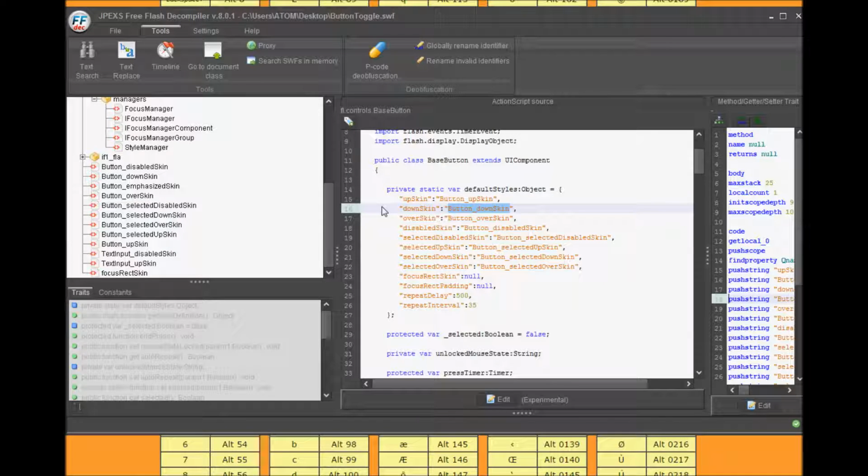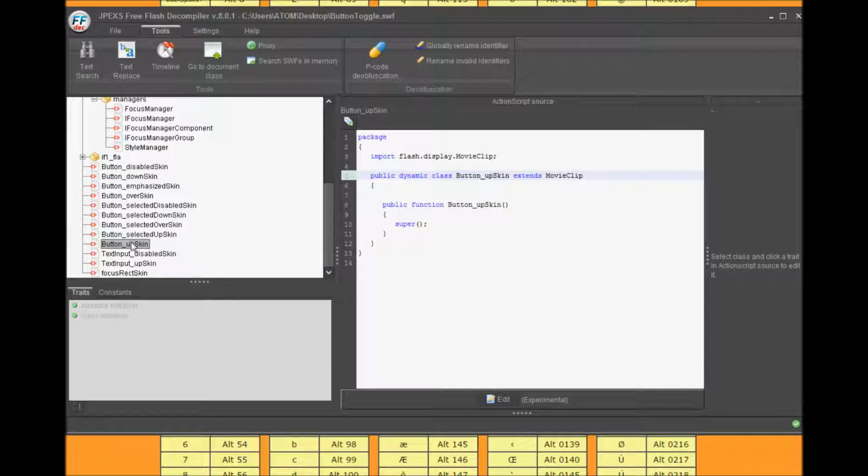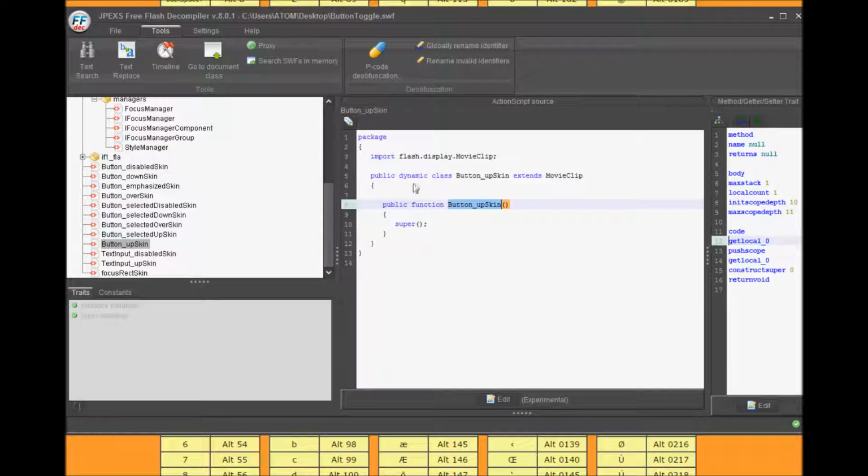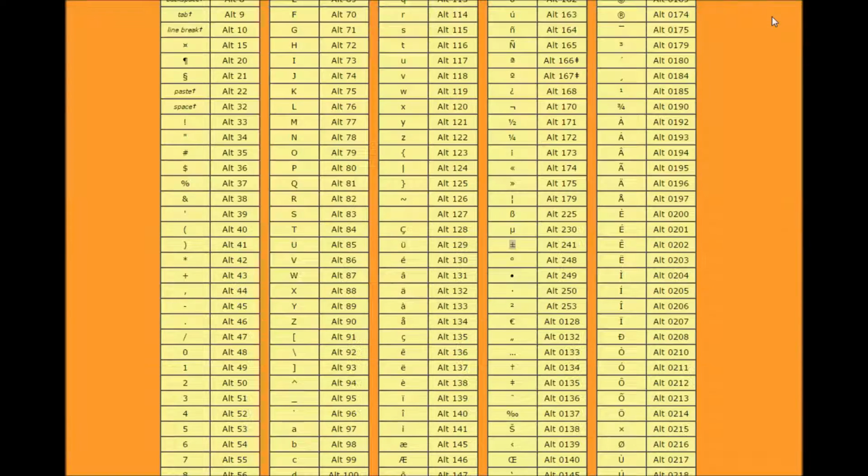Now remember, it says it right here, button upskin, and it says it right here. I don't understand why it only found 2 occurrences if there's 1, 2, and then there's the third one and the other one. So we'll see what happens right now. So after it's saved,